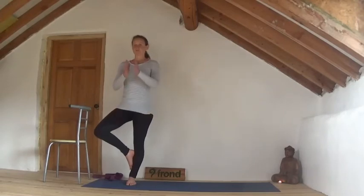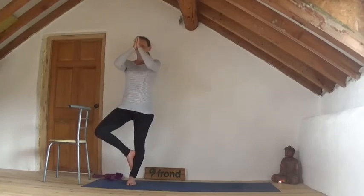So find your position, try and draw the knee, the right knee to the wall behind you. Bring the hands together at the centre of the chest. Find a steady gaze point. We're really externally rotating this right leg. Connect to the core. You can stay here, or if you feel stable, inhale the hands up through the centre